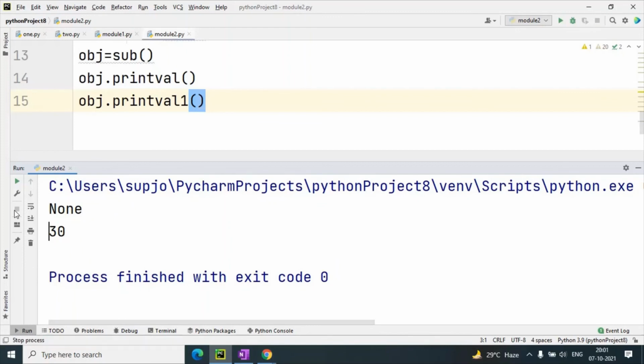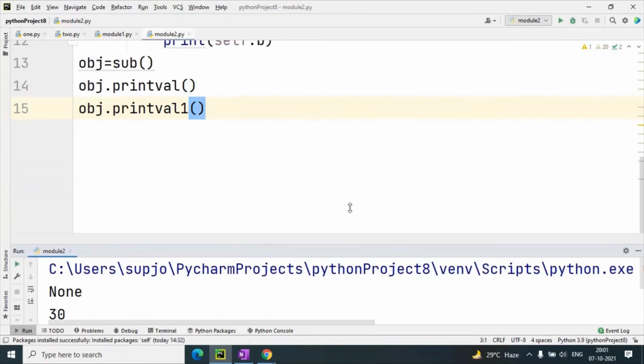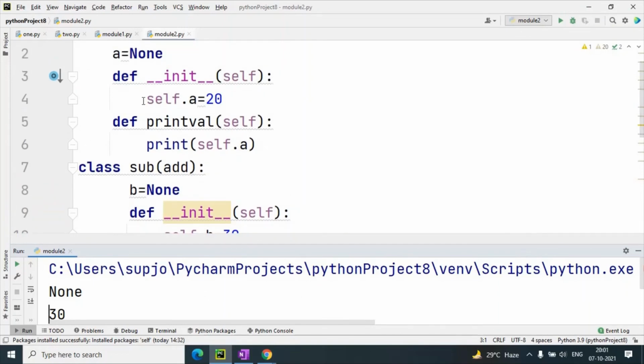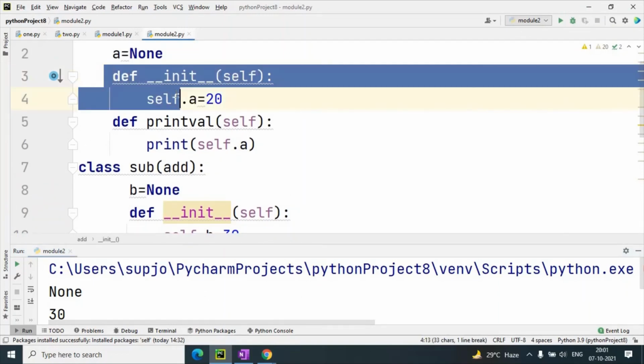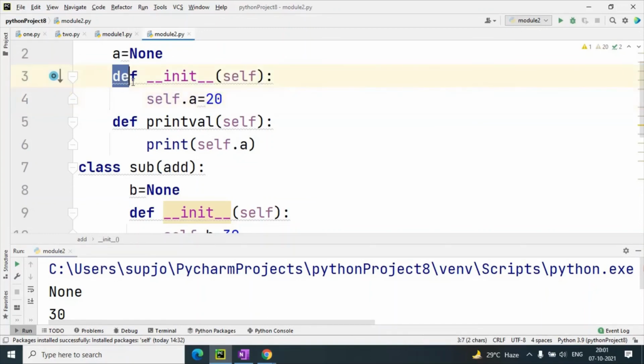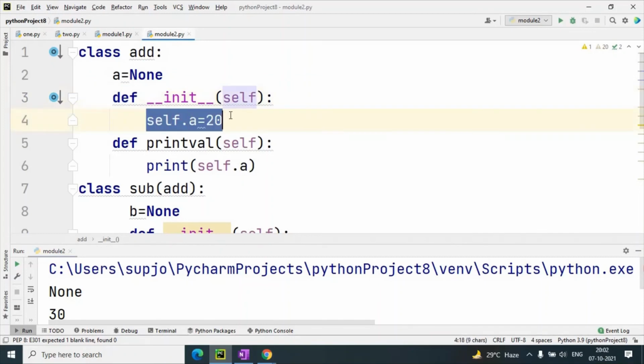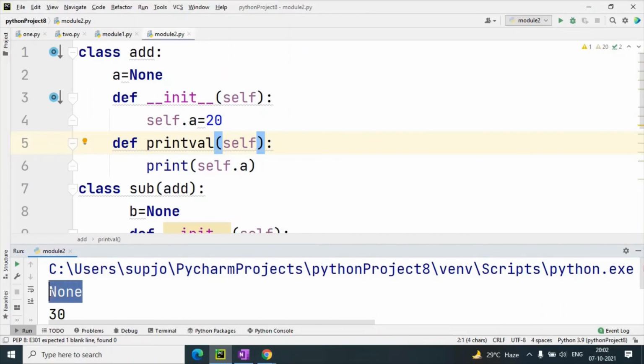But what about the value of a? I have initialized the value of a as 20 by the constructor. This is the constructor of base class. What is the use of constructor? To initialize the current class object. So when this base class object is created, its initial value of a must be 20, but you can see the output is None. Why?